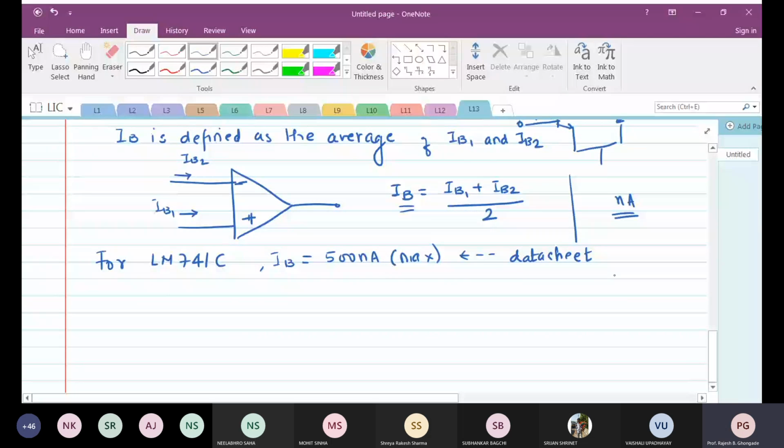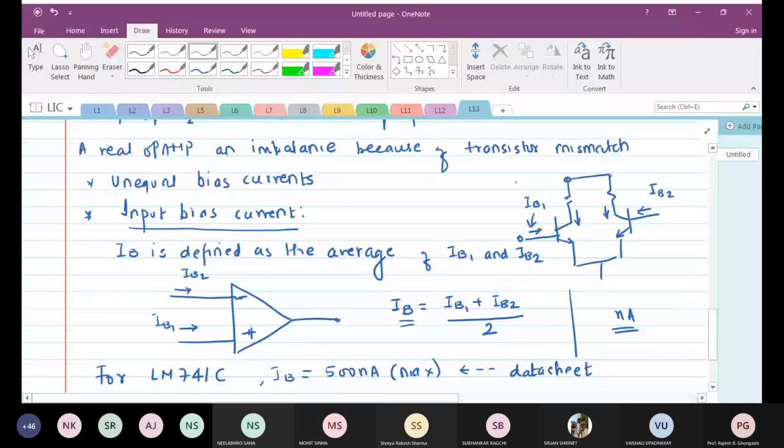Did you understand the input bias current first of all? Why was there an imbalance? Because we said that these two transistors Q1 and Q2 are not really 100% perfect. So their collector currents IC1 and IC2 may not be exactly equal. Of course, this is ICQ, the quiescent current. Since IC1 and IC2 are not equal, IB1 and IB2 will also not be equal, number one. And number two,